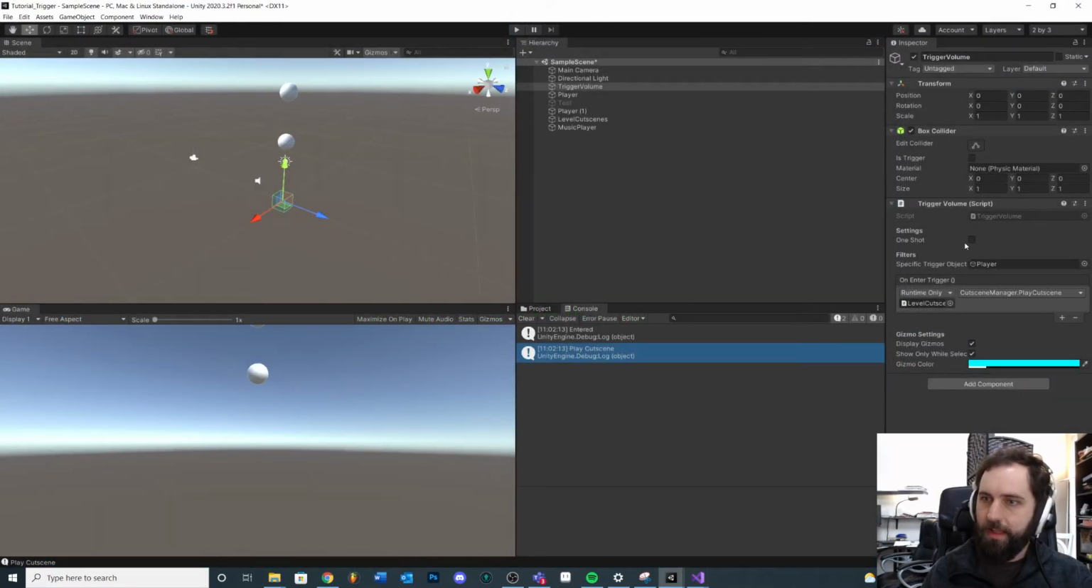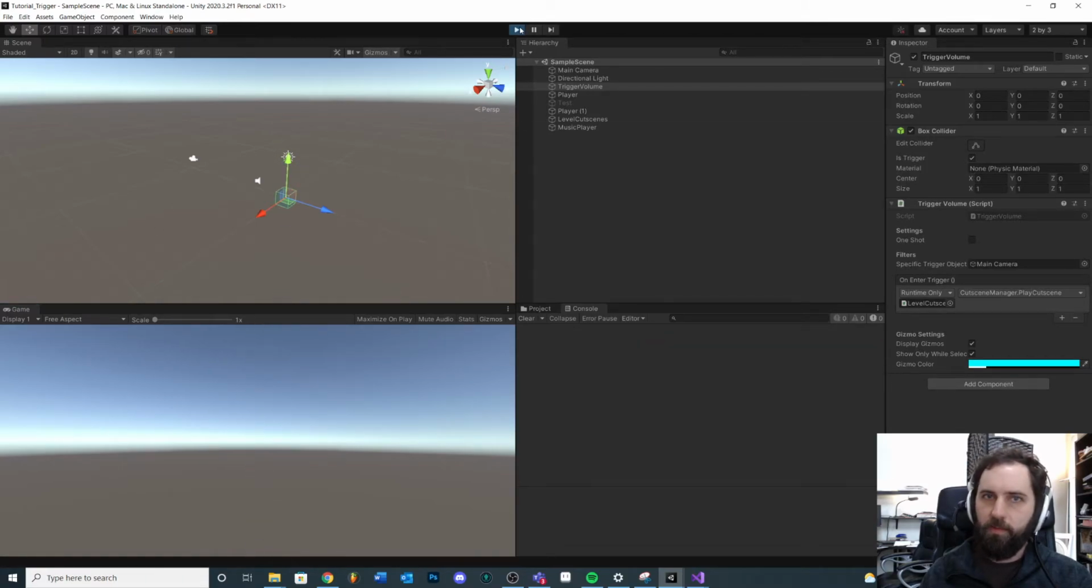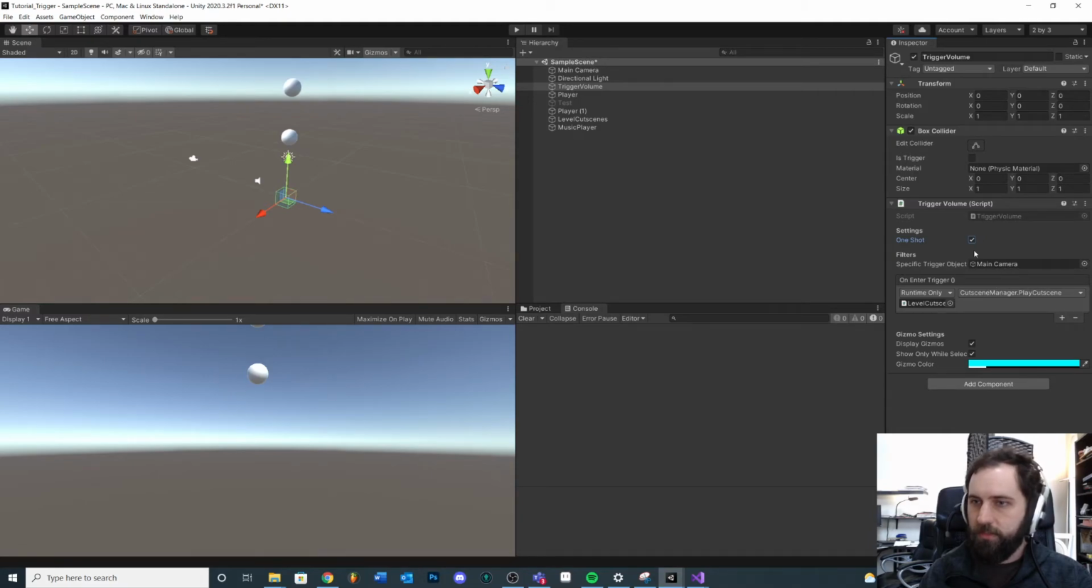pretty cool, even though it's not one shot. It means it is looking at that specific object, right? What if this specific object was something else, right? Like our main camera, which doesn't even really make sense. But in this case, neither of those will be triggered. Okay, so that seems to work. So yeah, one shot gives you an option, or you can define an object in the scene, and that'll give